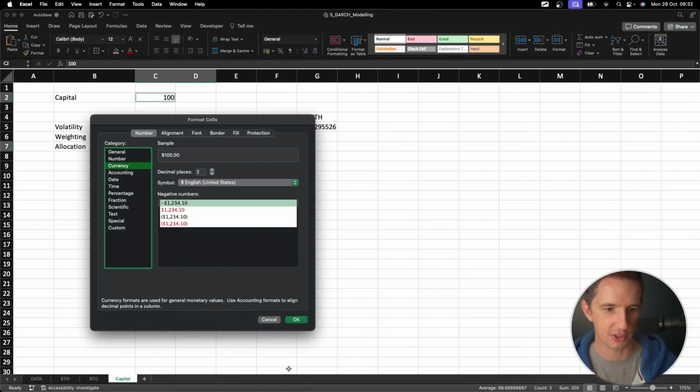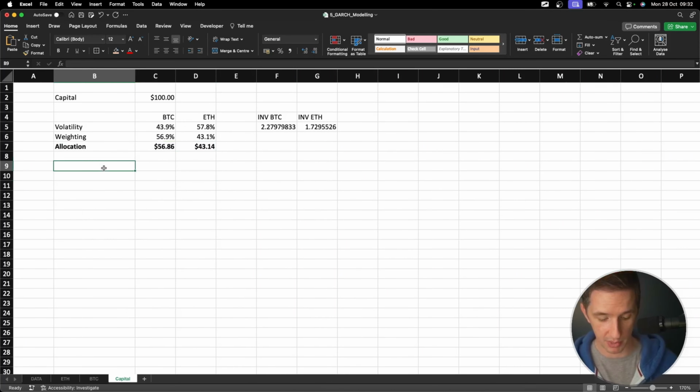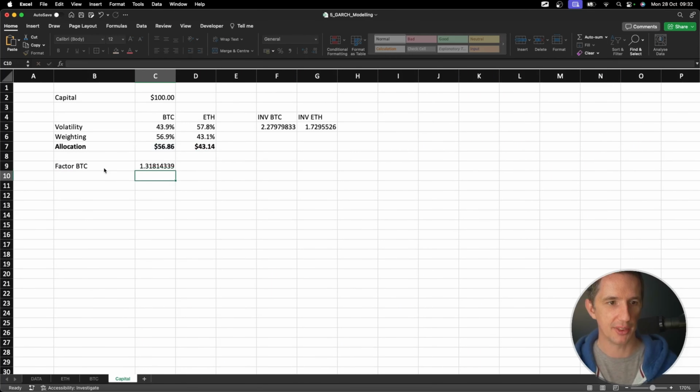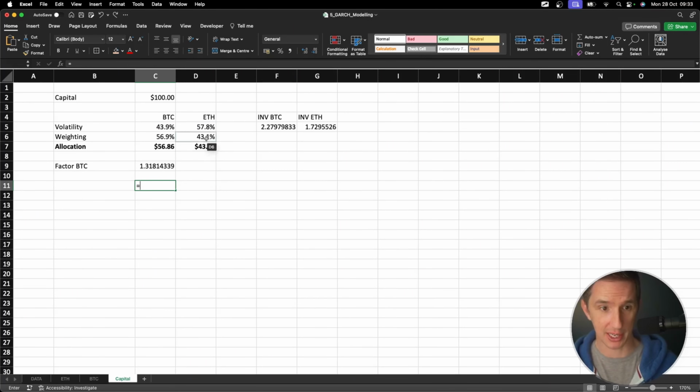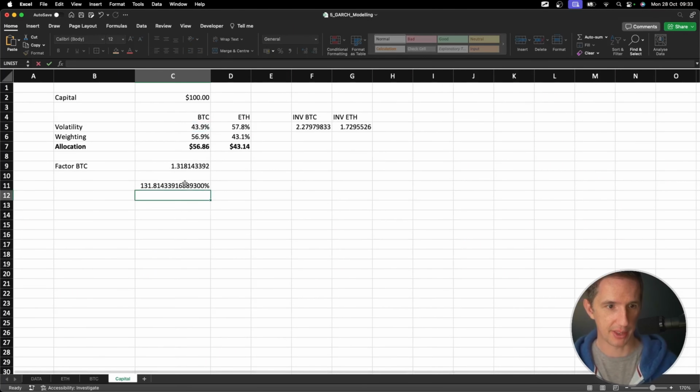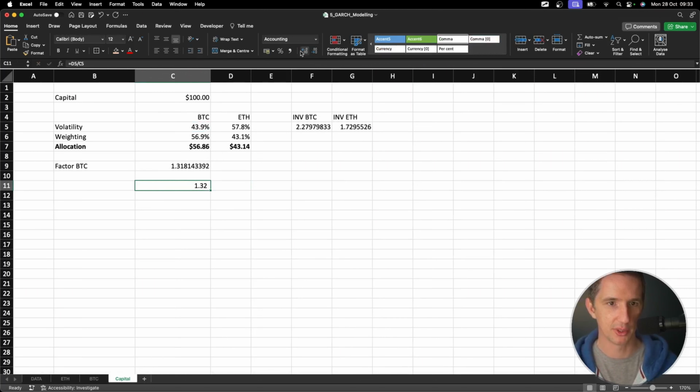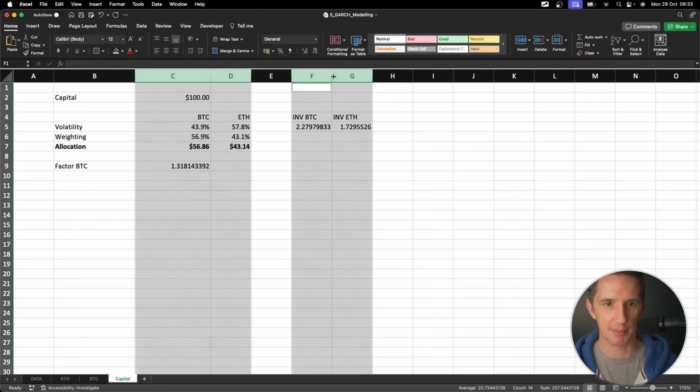That's fine. We can use United States and OK, which means let's call this the factor BTC. I'm going to just say equals that divided by that, which is the same thing, by the way, as just saying this divided by this. And then I could take that there and make that a decimal, just like above. And you can see that I get exactly the same number. So I can just take that Ethereum volatility divided by Bitcoin's, and I'm getting to the same number